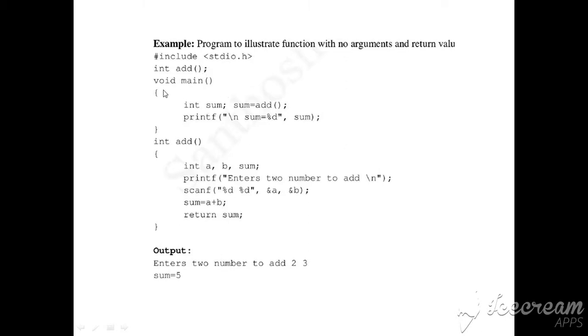So you have the void main function. Take a variable sum within which you intend to receive the result that is coming back from the function add. So you say sum is equal to, and you call the function add. And finally in the main function you print the result, sum is equal to %d, sum. Now once this line is encountered, the control goes to the function called add. The return type of the function is int, the name of the function is add. So no information is passed to the function because it has no arguments. Therefore